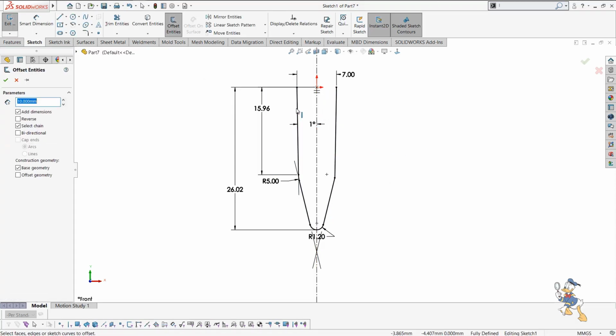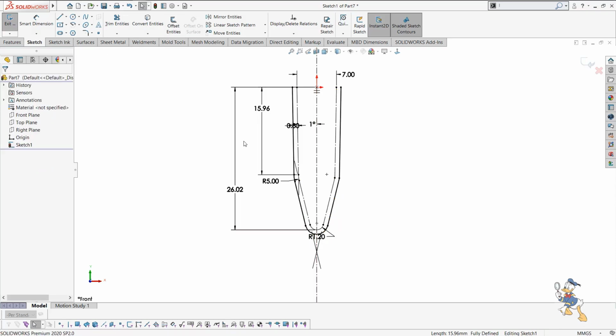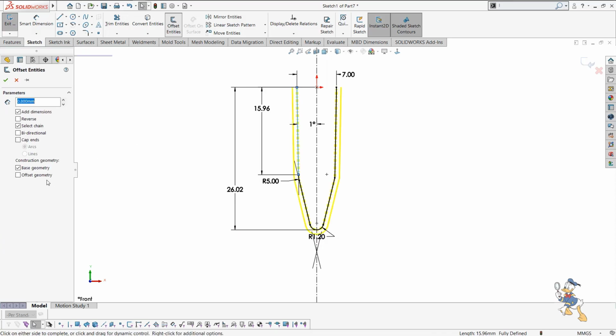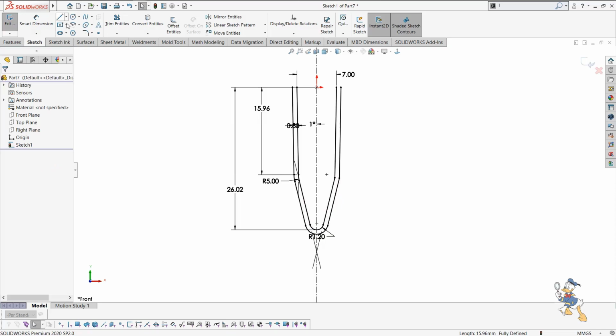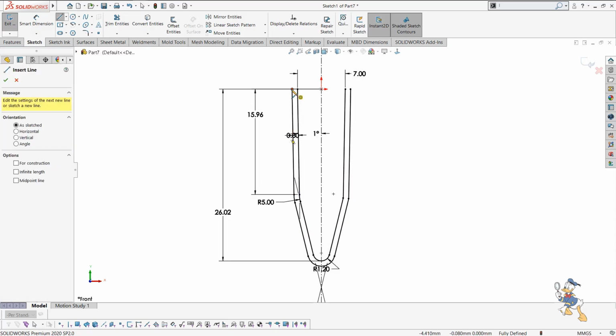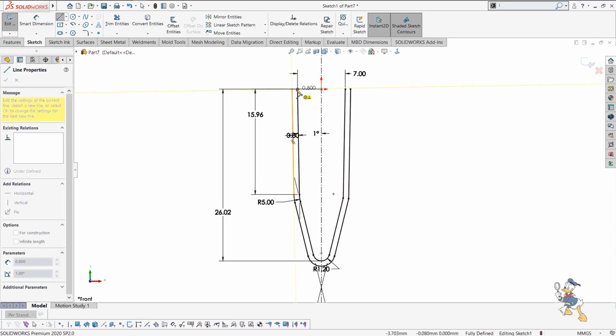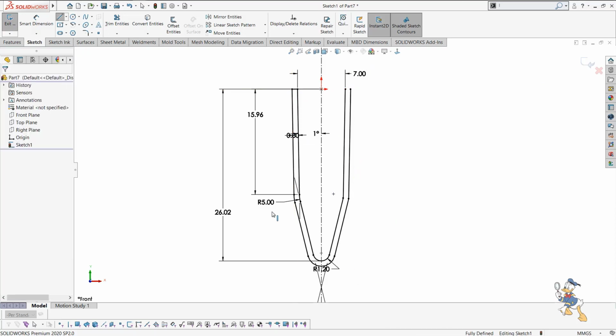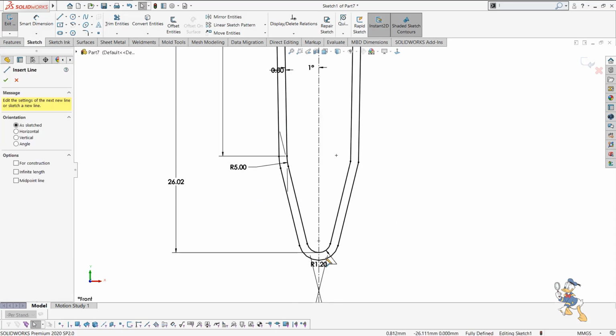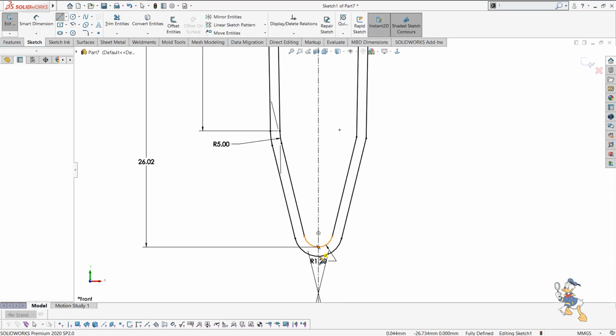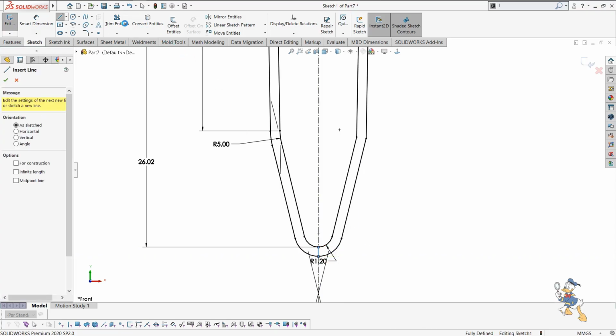Suppose I just need to create an offset of this, about 2 mm, or we can say 0.8 mm. Right now it is sufficient for me because it generated baseline geometry. So I just need to uncheck that option, as I don't need the base geometry to be construction. I also need to generate some lines for generating a revolve feature for this, and